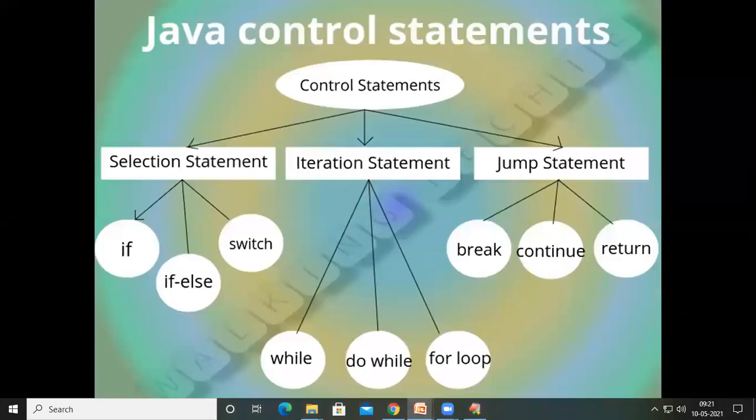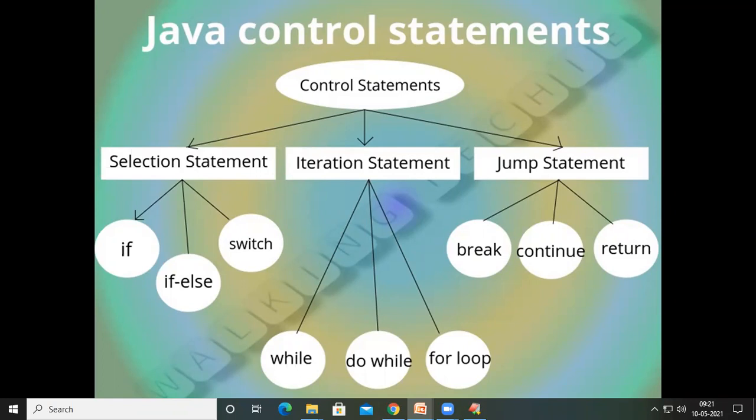Let us have a look at Java control statements. Here, the control statements are divided into 3 categories: selection statements, iterational statements, and jump statements. Under the selection statements, we have things such as if else, nested if, if else ladder, switch case.